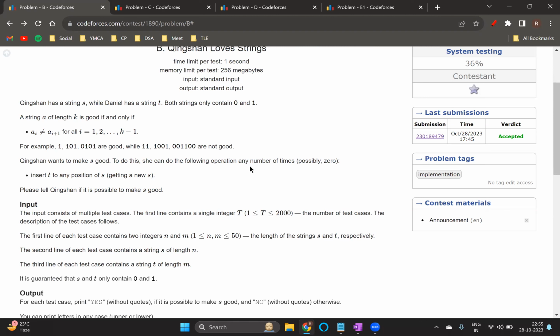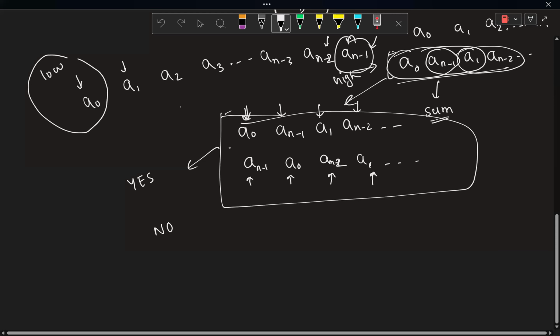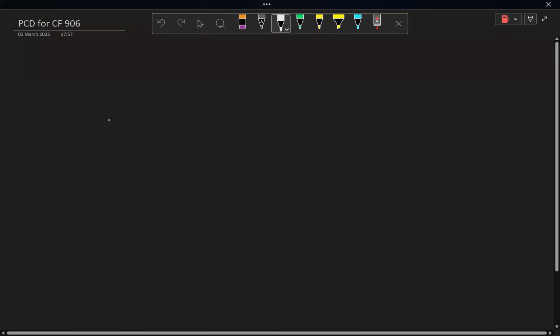And what we can do to make it good is insert a string T. Like in the string S, we can insert a string T at any position we want, and we have to tell if it is possible to make the string S good after any number of operations. So let's see it here. You would be given a string S, any string S, which would have 0 1 0 1, something like that,